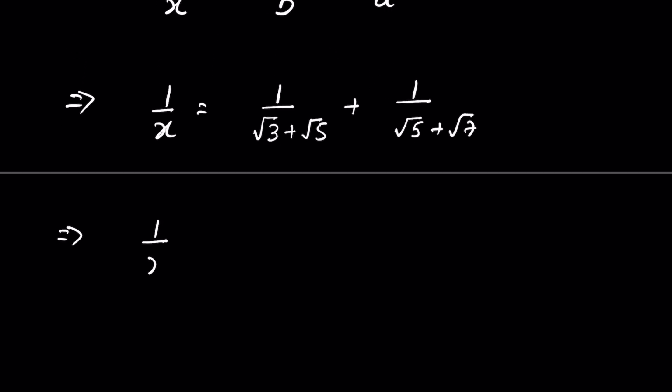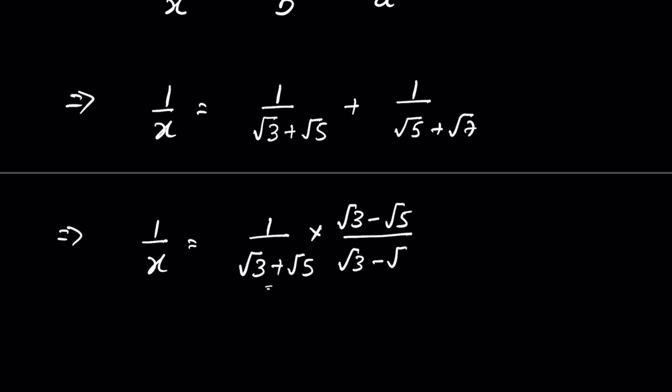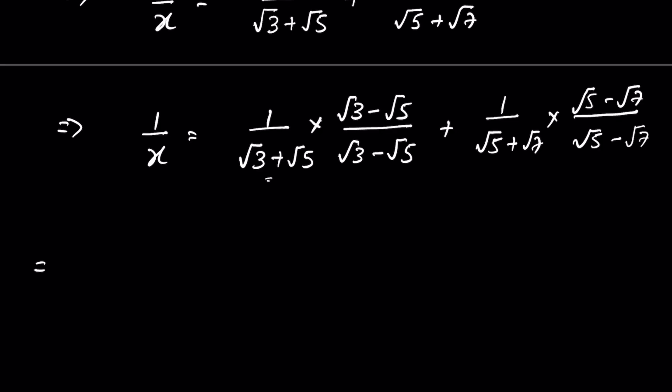Now let's rationalize the denominator. For that we have to multiply and divide it by the conjugate of the denominator. So it will be square root of 3 minus square root of 5 upon square root of 3 minus square root of 5, plus here also we will rationalize the denominator. So multiply and divide it by square root of 5 minus square root of 7, or 1 upon x is equal to